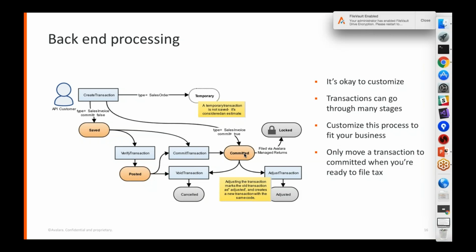So that's the simple choice: shopping carts are sales orders, and final purchases are sales invoices with commit equals true. But what you were getting at with these potential timing delays, or maybe there's a couple days between when we're actually going to ship the product from when they bought it on the website, maybe that time period is over the boundary of a quarter, and oftentimes states are updating tax rates quarterly. Yes. So you could run into a potential issue there. So if you're saving this transaction, you could potentially make changes to it before committing it. And also good for saving things is file vault enabled.